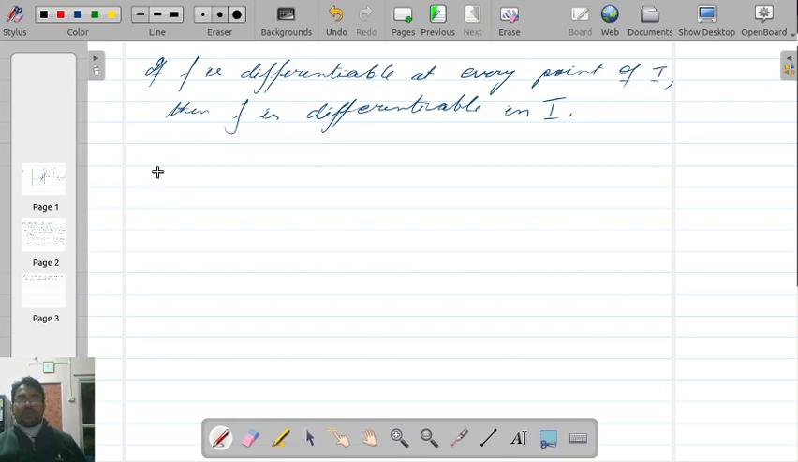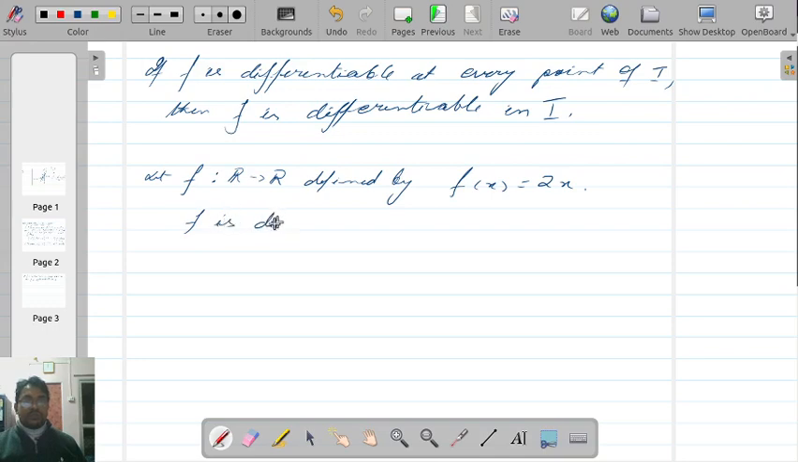Right. So for example, let us try to see some examples where the function is differentiable. So let f from R to R itself, defined by, say, f(x) equal to twice x. Then f is differentiable at any point c inside R. So how to check that? We will try to see whether this limit exists or not. So we check the limit